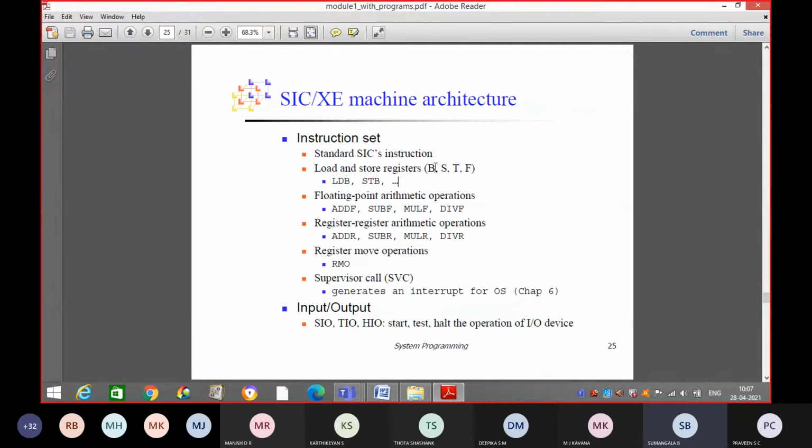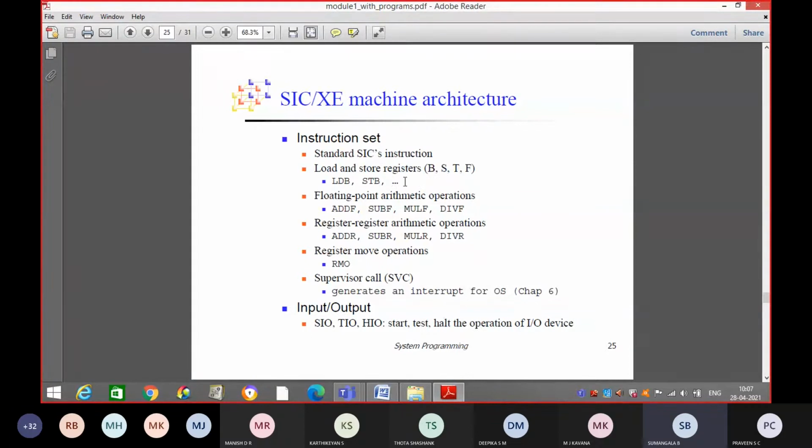Is it audible? This triple dot indicates that here they have given an example only for the B register. We can use LDB or STB. Like that we can use LDS, LDT, LDF, or STS, STT, STF also.